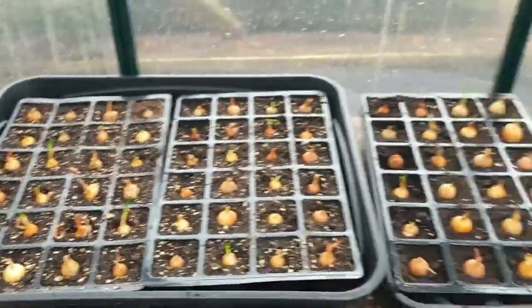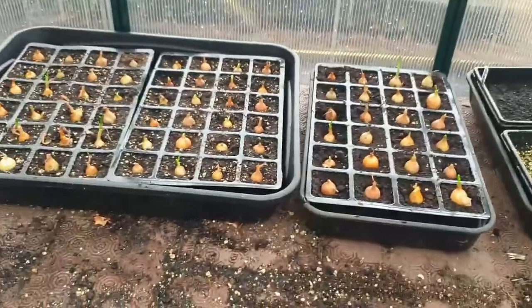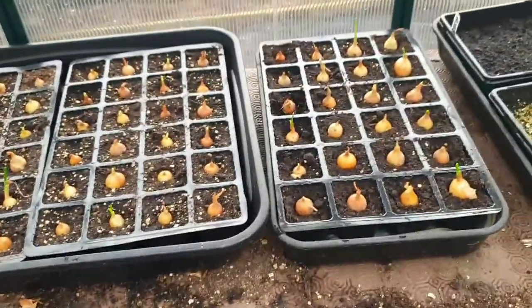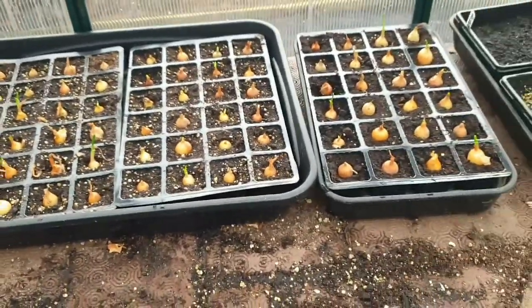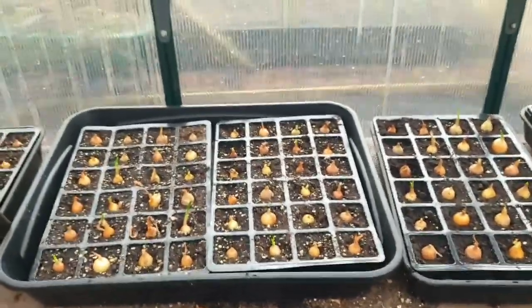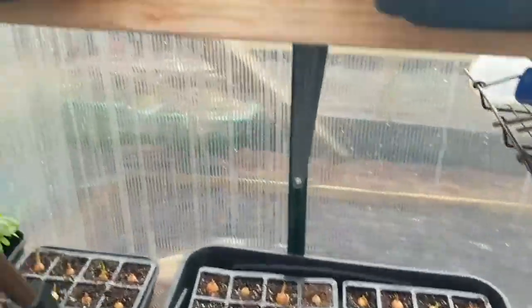Okay, so all good signs, and that's what I like to check. And the reason I do that is because I do have spares over here, so it's good to just check to see if it is. So no, I'm quite happy with my onions at the moment. All the rest,